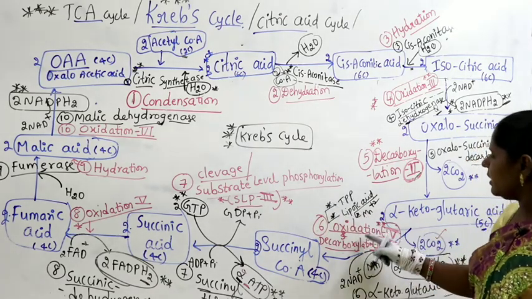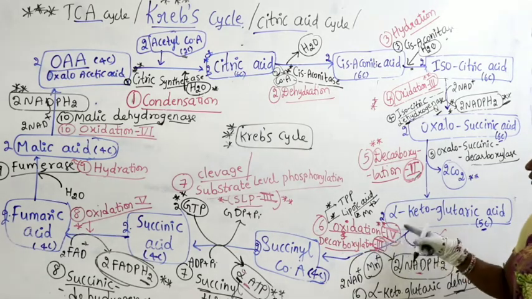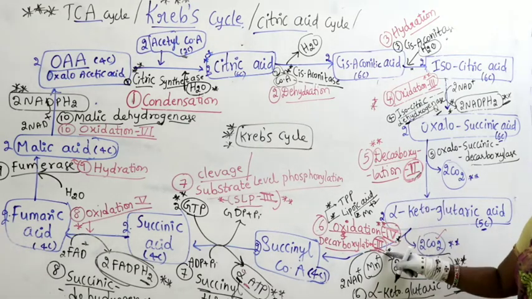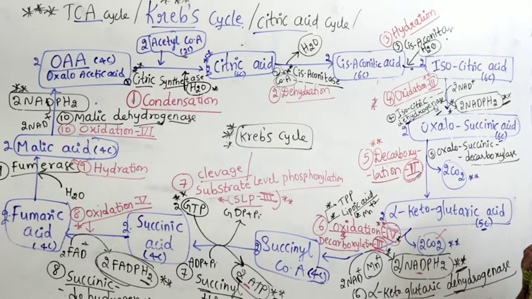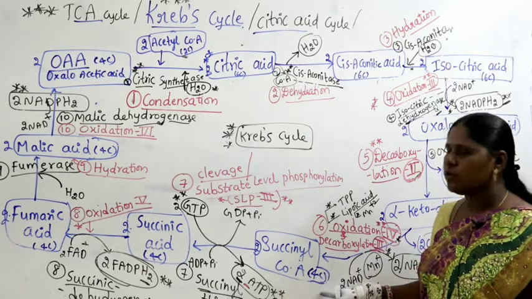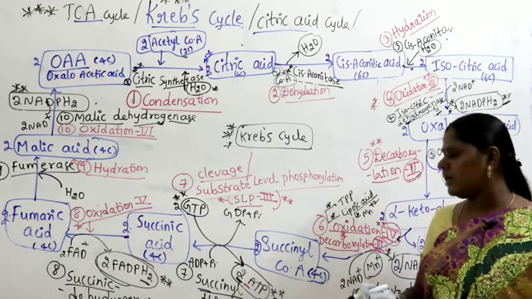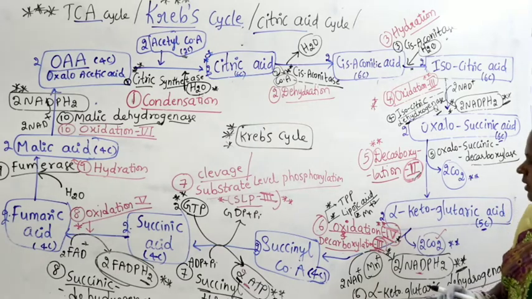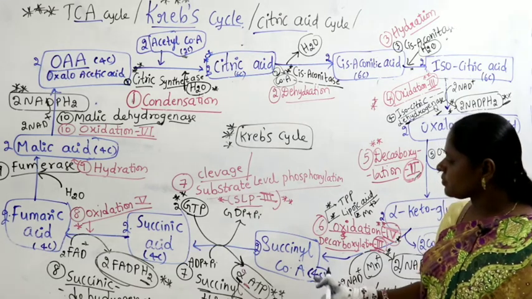So here this is also a multi-enzyme complex, because 2 reactions are taking place, oxidation number 4 and decarboxylation number 3, very important. Decarboxylation 2 here, 3 here, oxidation number 3 here, oxidation number 4 here. As a result, there is a formation of succinyl-CoA having 4 carbons. Each and every step is very important. Each and every step you can expect in the form of a question.